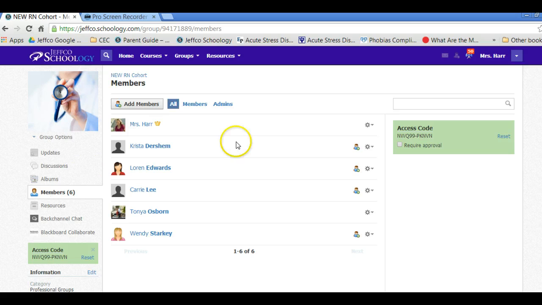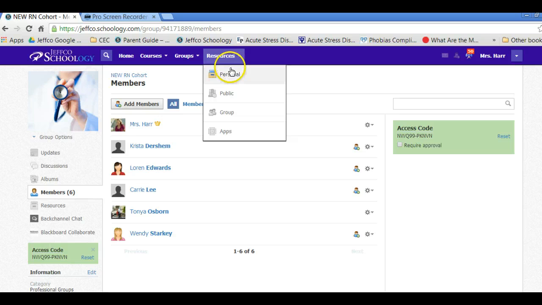Linda wants to be part of it, but we haven't added her quite yet, so I'm not sure if she still wants to be part of that or not. Right here, I told Linda she should set this up for the whole nursing group, but she isn't ready to go there yet. So, I add members right here, and that's how I can be part of it. Right now, just because you're new to Schoology, I'm going to send you the access code. So that's the groups.